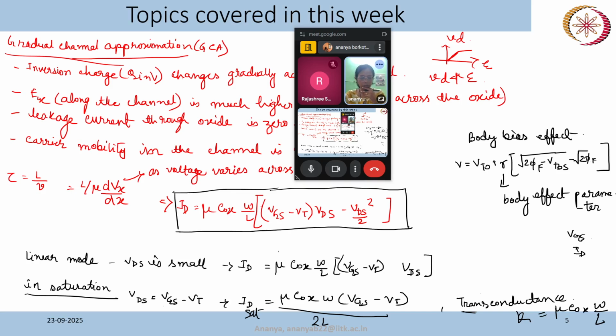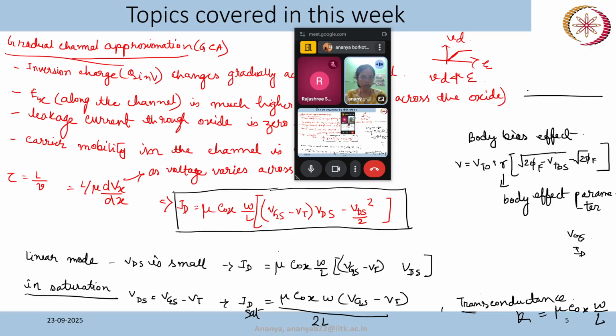Just give me a second, okay? Oh, actually the threshold voltage increases, because when we apply a negative voltage to the body terminal,